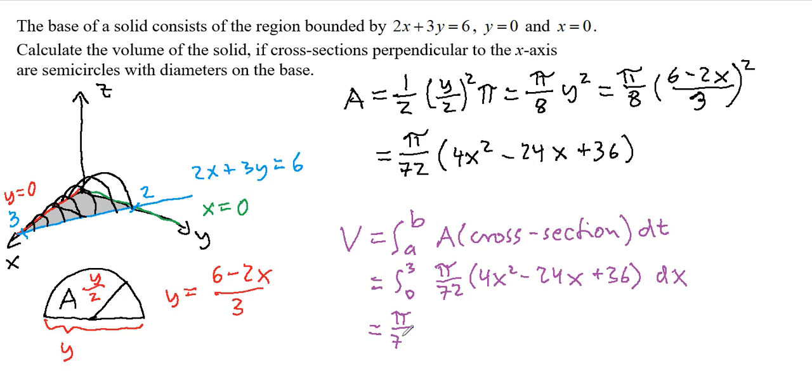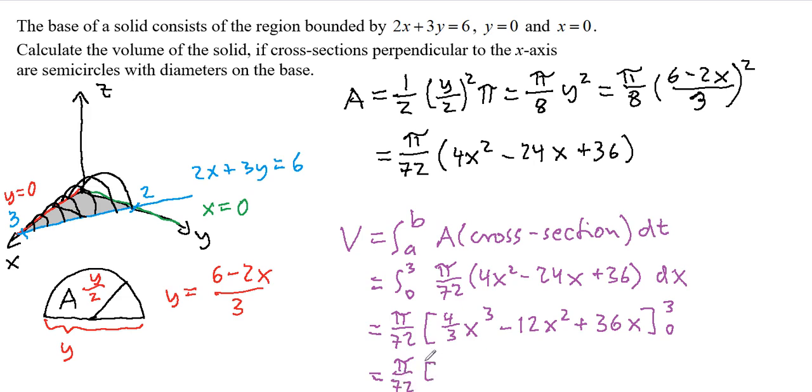We get pi over 72 times 4 over 3 x cubed as the antiderivative of the first term, minus 12x squared as the antiderivative of the second term, and lastly 36x for the last term, all of which needs to be calculated over the interval from 0 to 3. Since our lower bound 0 will yield a value of 0, we only are concerned with the upper bound. So this is pi over 72